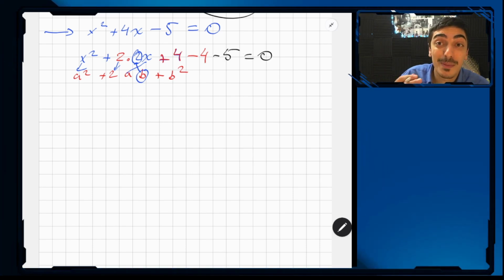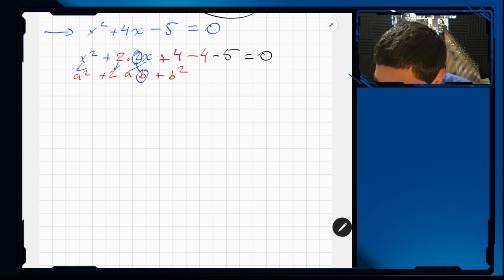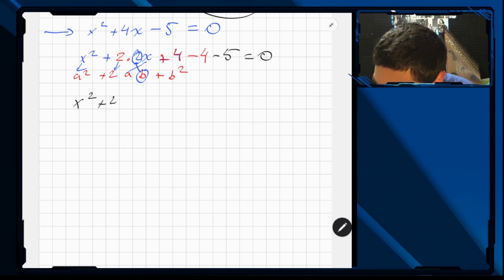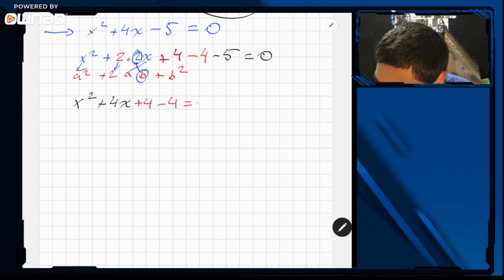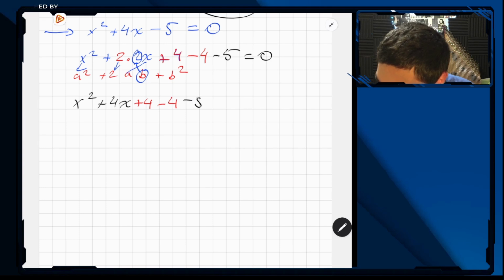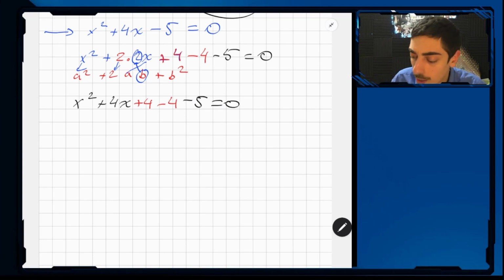If you're looking for another explanation, go back and watch the previous video. So x squared I have here plus 4x. I'm going to keep the plus 4 in red. Minus 4, sorry. Plus 4 minus 4 minus 5 equals 0. Genius trick. Now,